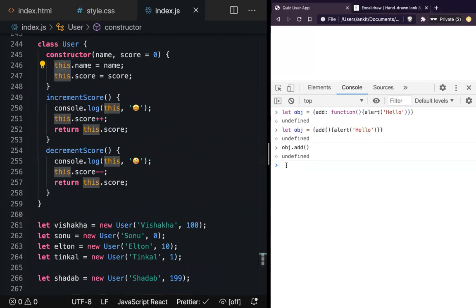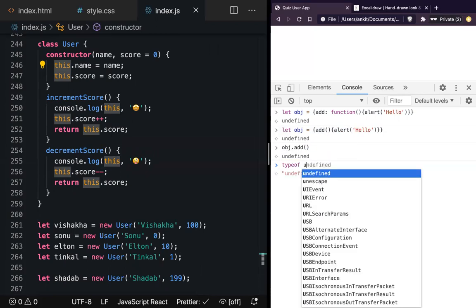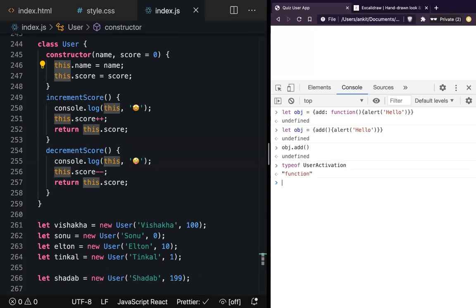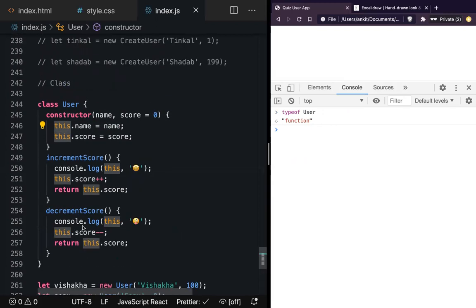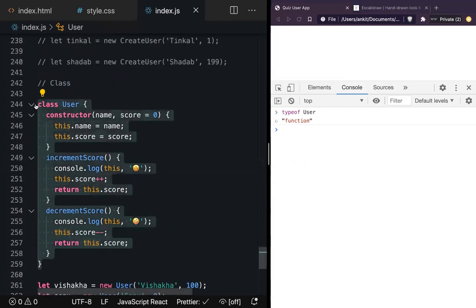But overall, you can also think of a class as syntactic sugar. Sugar means that even if it looks like a class, internally, if you look at the typeof User, what will you find? Refresh, sorry. What is it? Function. And this is what you will actually write. Can you imagine where you started and where you are right now? But we know each step, why we did what we did.